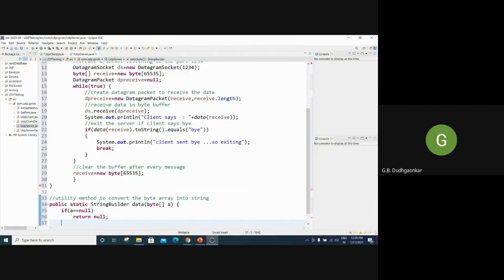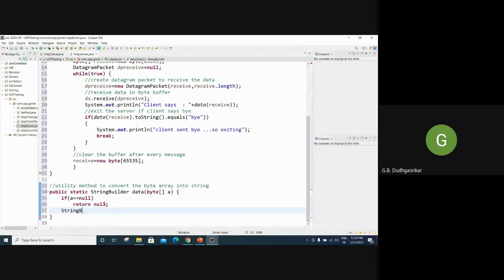Otherwise, string builder is equal to new string builder. I will take one more variable, integer i, then we can put 0 here.